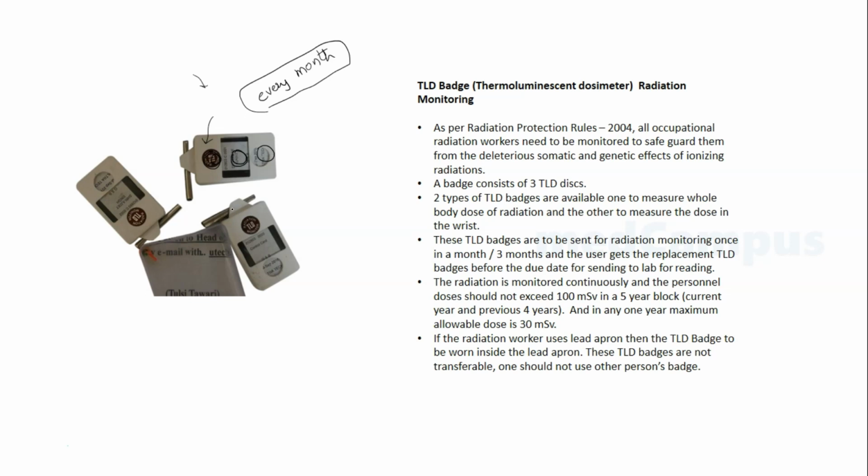And there is a tolerable limit. The maximum allowable dose in 1 year, this can be an MCQ, is 30 millisieverts. So look at the importance of sieverts. This is effective dose. You can get exposed to 30 millisieverts if you are an occupational worker. And in total 5 years, your radiation dose should never exceed 100 millisieverts. So in a given 1 year, make sure it is not over 30. If it is over 30, you have to take a break. You have to take a long leave and come back again.